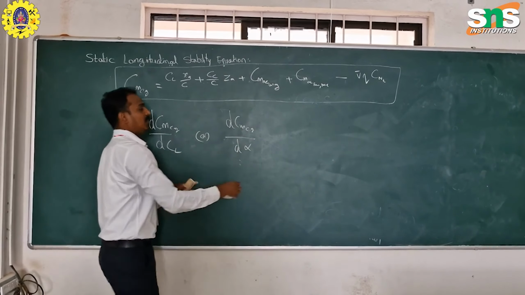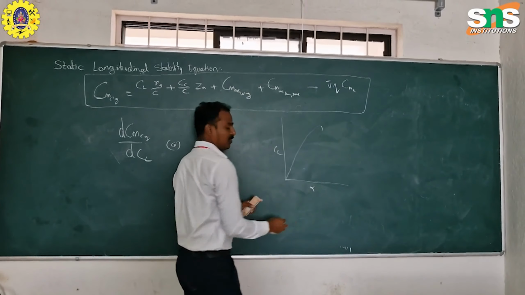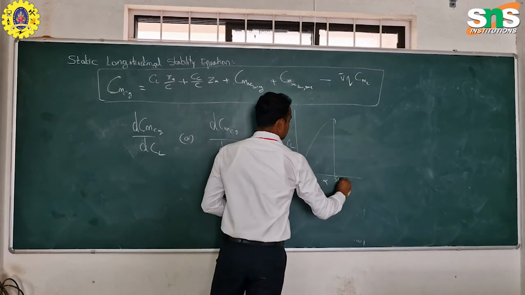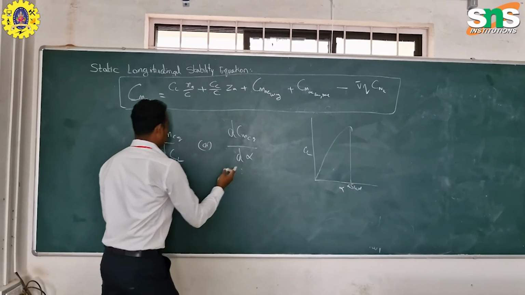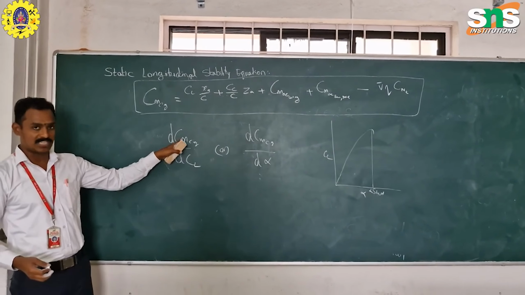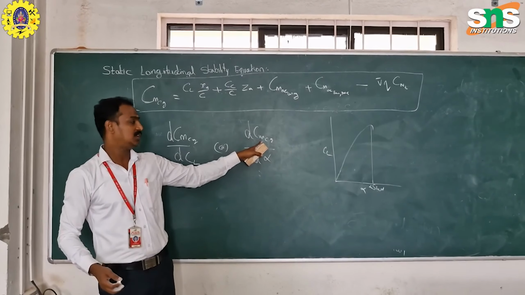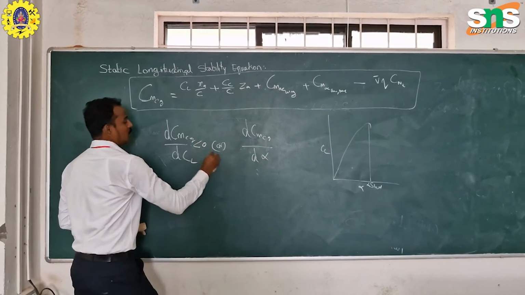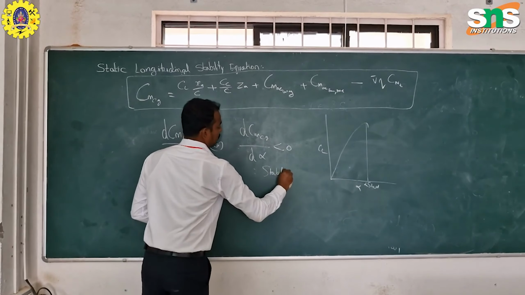So CL versus alpha, we know that if the alpha increases, for any airfoil or wing condition, it will go up to the stall condition, stall alpha and stall lift coefficient. So these both are interconnected. These two terms, the rate of change of pitching moment coefficient about CG with respect to CL, or with respect to alpha, should always be less than 0, so that it will maintain the stable condition